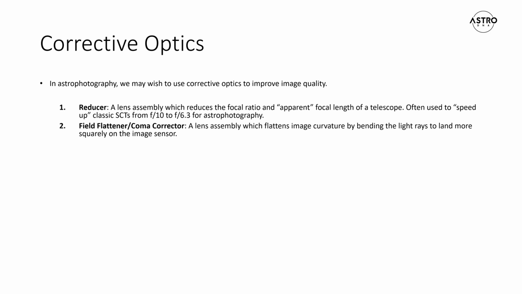Coma correction is another discussion, and it has to do with off-axis light and how it is projected onto sensors, and you can get stars that start to look a little bit like comets. So typically, coma correction and field flatteners, they combine these corrective